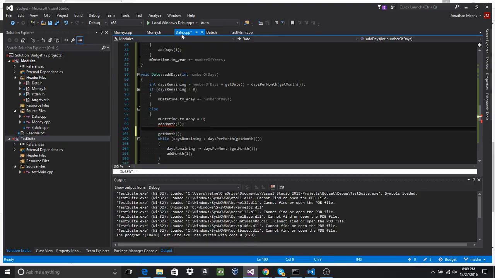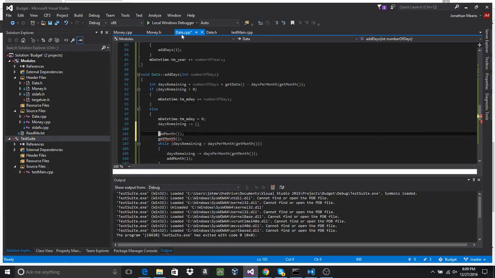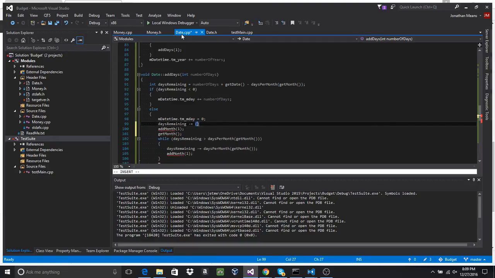Then we add a month, and then we subtract. Okay. We can't add a month yet. So then we subtract the days per month of the current month. And then we subtract